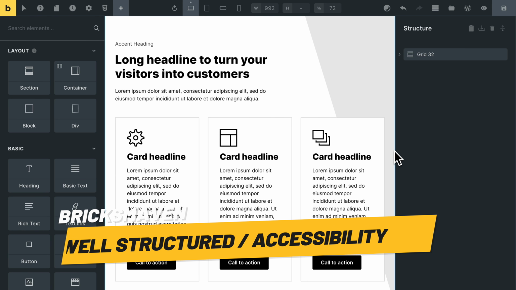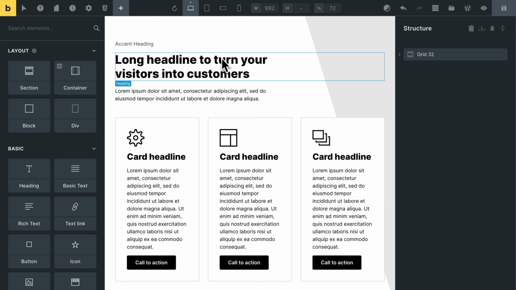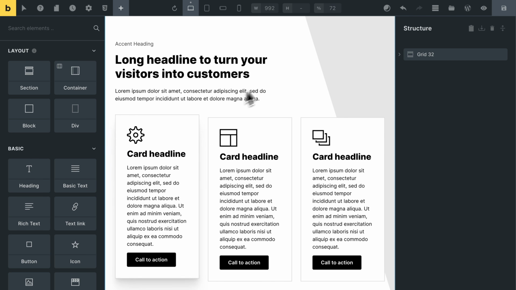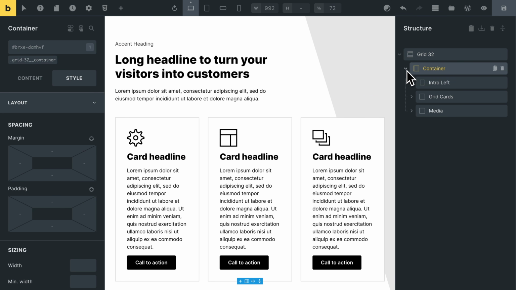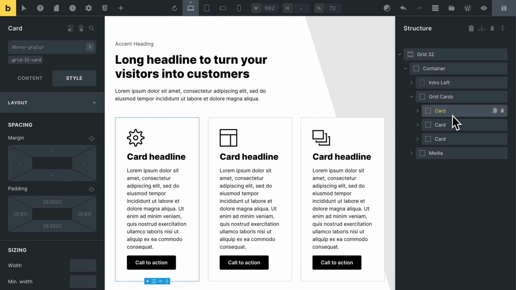So for example, what I see here is what I'd expect of a template using ACSS. It's respecting my default styles in terms of spacing, in terms of typography. Let's look a bit deeper. So I'm going to select this card. I'll come and find it in the structure panel, open it up, and it's one of these divs labeled card inside the grid cards wrapper.